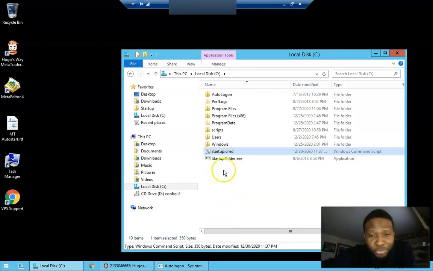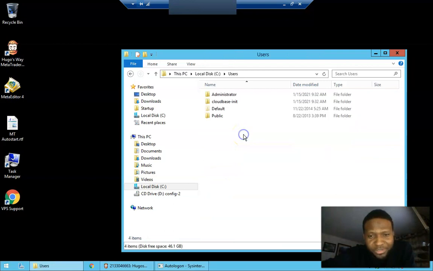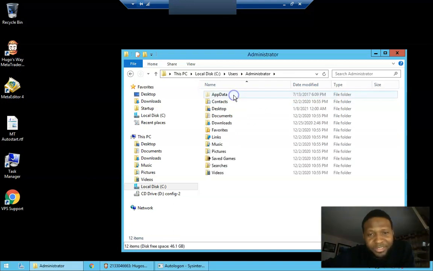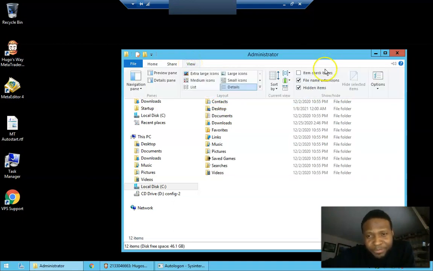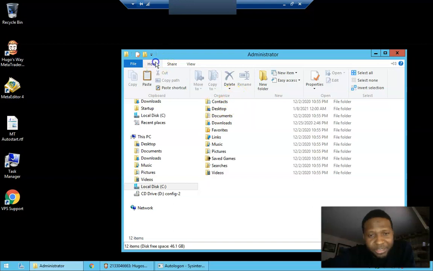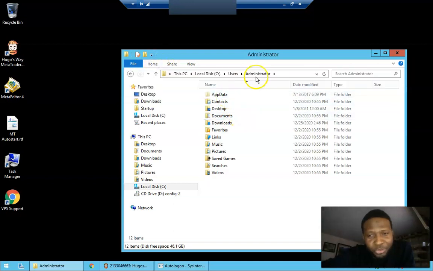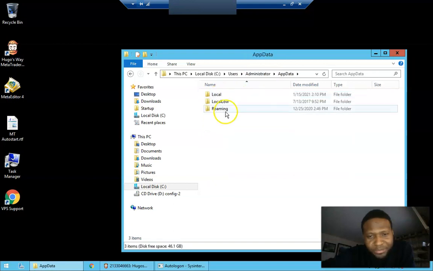Now what you want to do is then go to users. Now go to the administrator folder. You want to go to app data. Now sometimes this app data doesn't show up, so you'll have to go to view and make sure the hidden items is ticked. If it's not ticked, sometimes the app data won't show up. So once you go into users, administrator, you want to double click on app data, you want to go into